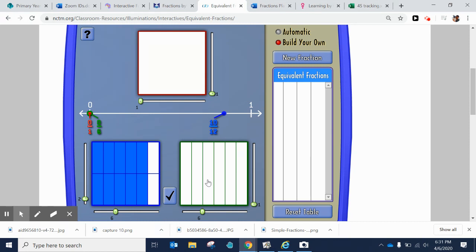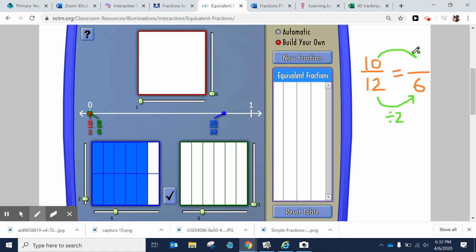This shape, the green shape, has been split into sixths. So what I want to know now, if I've got a shape that's been split into twelfths, and that's 10/12, 10/12 is equivalent to how many sixths? So some of you with your really good times table knowledge will automatically see the relationship between 12 and 6, which is a half. Therefore, divide by 2, which means